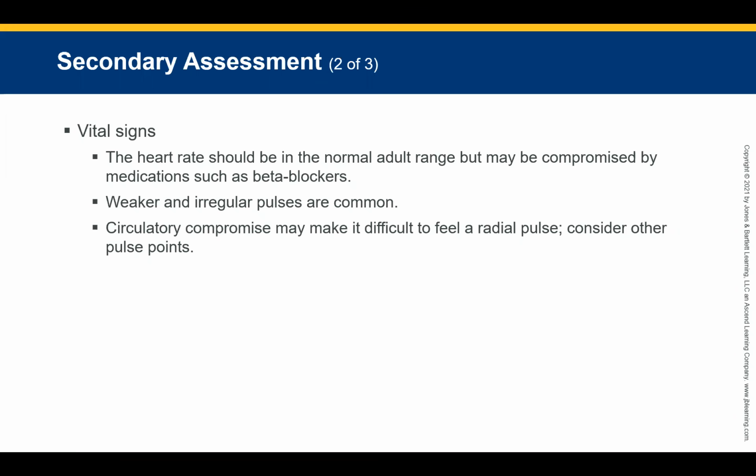So it's really hard to teach you guys what beta blockers are and how to recognize them, because there are so many beta blockers out there. But if the family or the patient says to you that they're taking a beta blocker, just know that they're going to have a decreased heart rate from the get-go. So when you check their vitals and they have a heart rate of like 50, that may be their normal pulse rate because of that beta blocker.